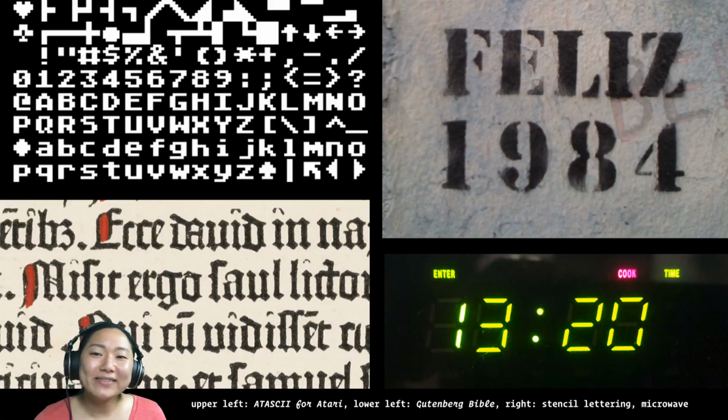Historically, the technology of the time has affected how typefaces look. For example, when you think about how the numbers look in a digital clock, you'll probably think about something that looks like this microwave screen that you can see on the lower right corner. This is called a 7-segment display. It has the 7 bars that can light up to display all the numbers. And for a while, this was the most cost-efficient way to represent time. So this is why the numbers in our heads when we think about digital clocks look this way.